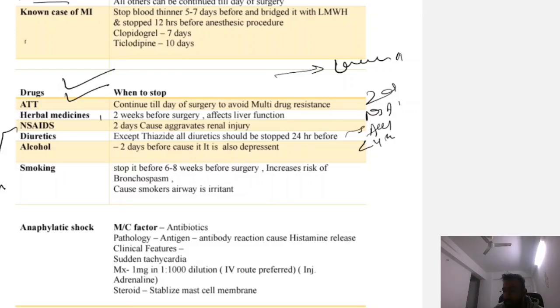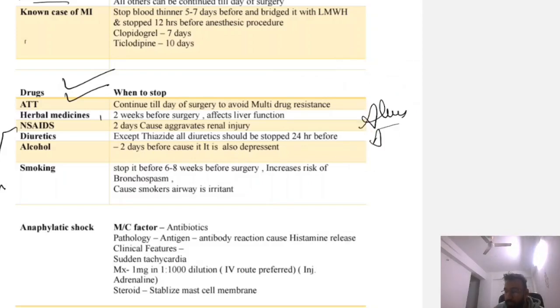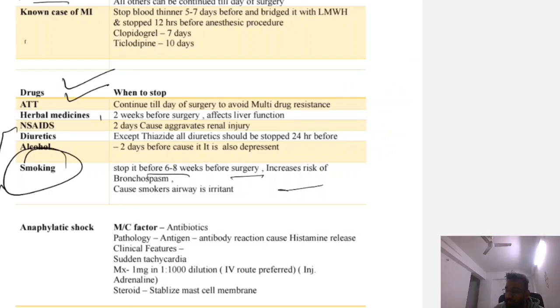Alcohol, 2 days before, because alcohol is also a depressant, as well as anesthetic agents are depressants. Smoking should be stopped 6 to 8 weeks before surgery because it increases the bronchospasm risk. Are you getting my point? Because